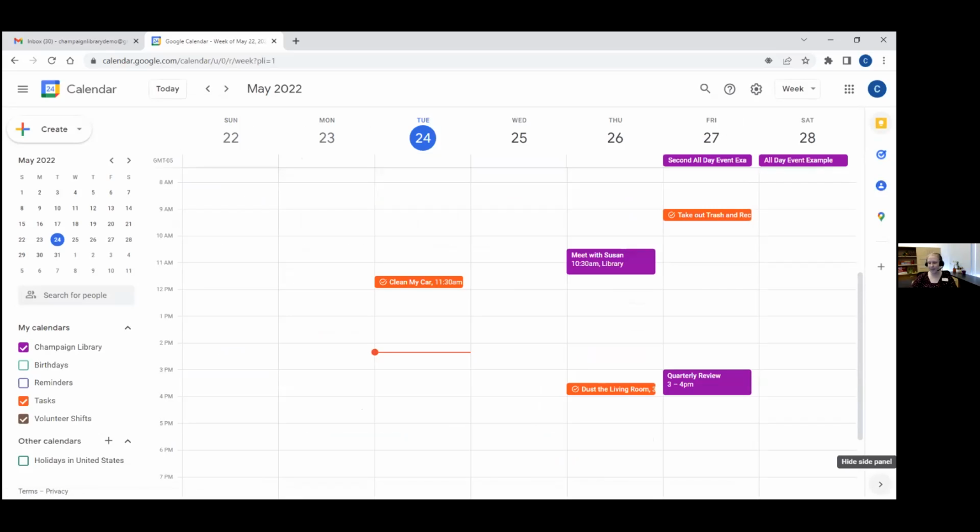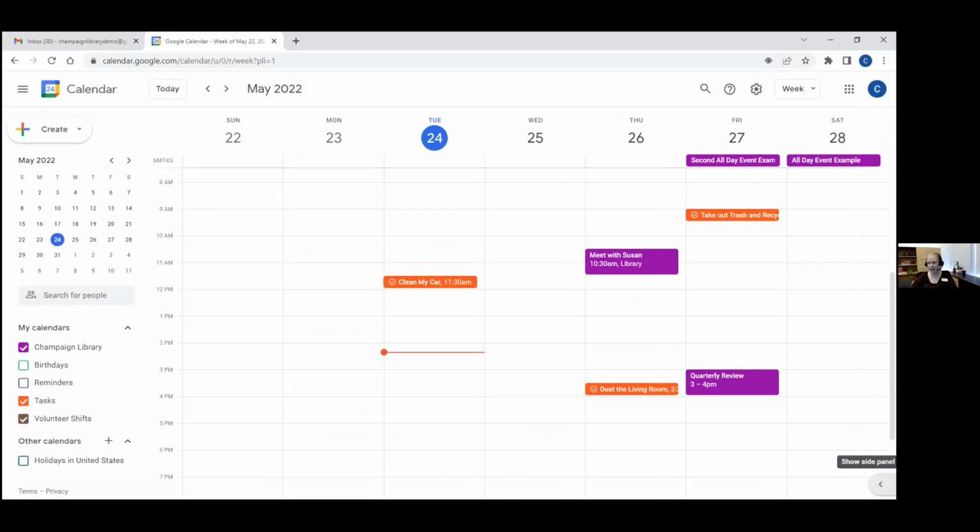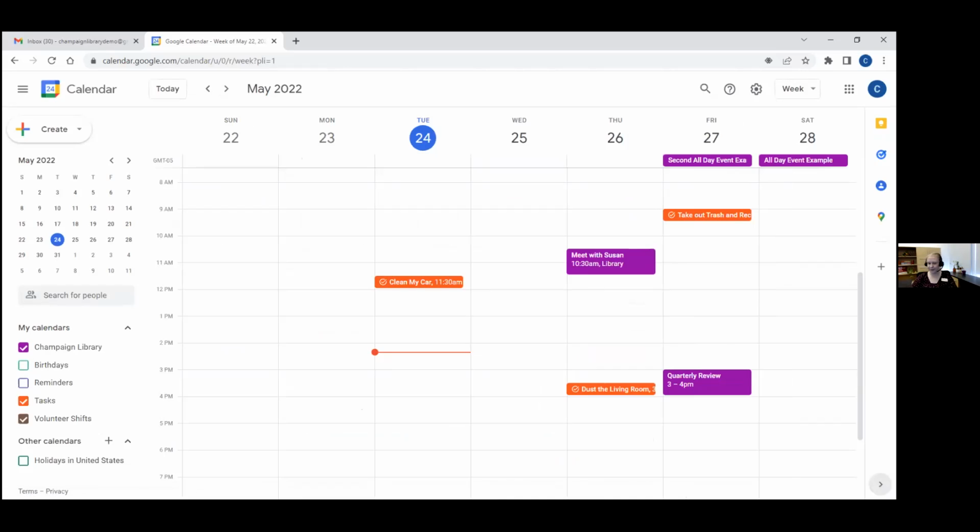Down at the very bottom here on the right-hand side, you can hide the side panel. So you can hide those extra apps out of the way if you want, or you can leave them there. Okay. Over here on the far left side, down below, as we're touring around where we are and what things